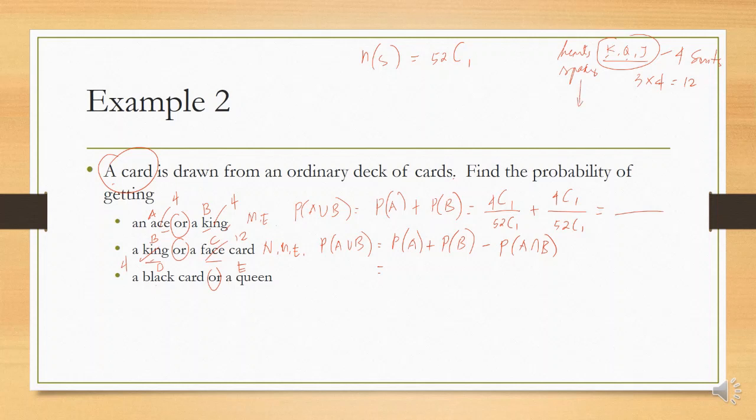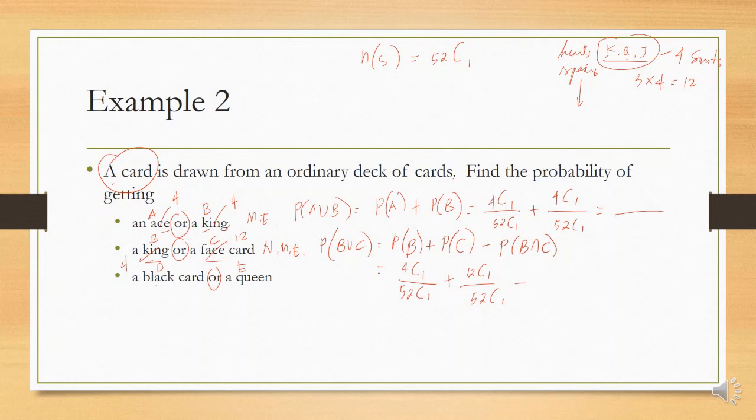Now, dito tayo sa notation pala natin, ano? Kasi susundan natin yung notation. Magiging P of B union of C. Okay? Kasi yung general formula yung sinusulat ko, no? So, this one will follow kung ano yung nilagay mong notation doon. Okay, so ang P of B natin, 4 combination of 1 kasi there's only one card that we are drawing. So, sa baba, yan ulit, plus 12 combination 1 over 52